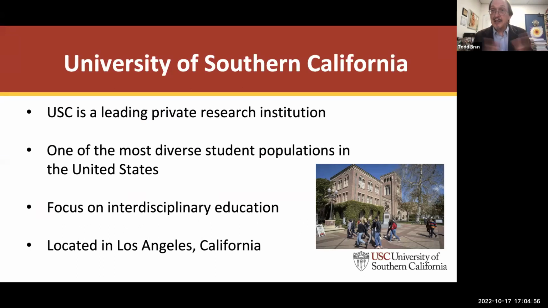So let's say a little bit about USC and about the schools. The University of Southern California is in Los Angeles. It's a leading private research university with a very diverse student population, including a larger number of international students, particularly in the School of Engineering, but more broadly as well. Interdisciplinary education has been a major focus of USC for some time, and quantum information science fits very well into that viewpoint because it combines ideas from physics, quantum mechanics, computer science, engineering, pure mathematics, chemistry, and a number of other fields to create a new kind of way of both understanding quantum mechanics from a fundamental point of view, but also of creating a new kind of information technology,